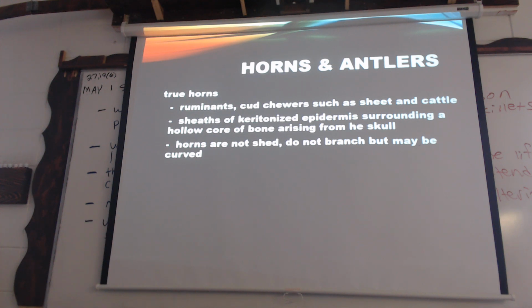Do they continually grow? Yes. Both of them do. But yes, there's still a distinction between them. The antlers fall off and then they regrow. Antlers will fall off at the end of every breeding season. That is correct. Where horns just continually grow, and they will not fall off of the animal.